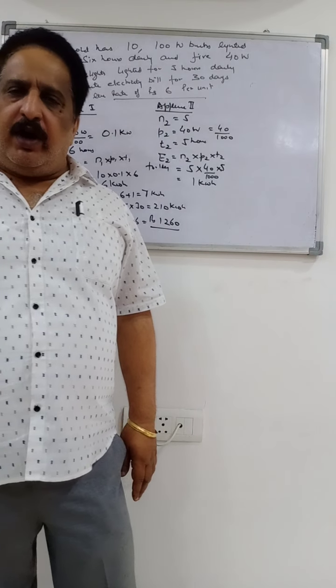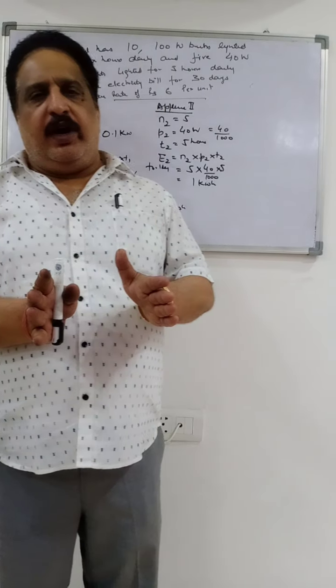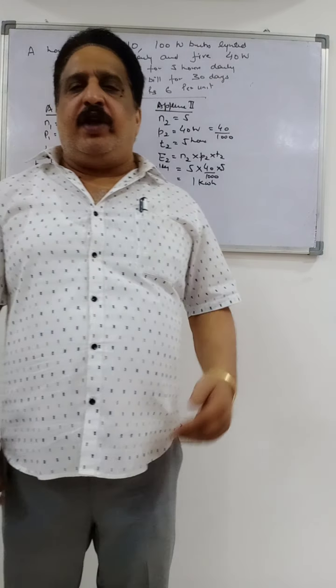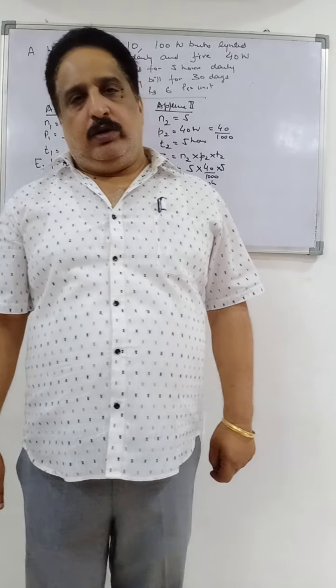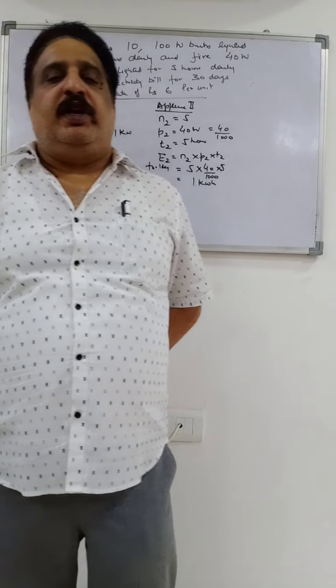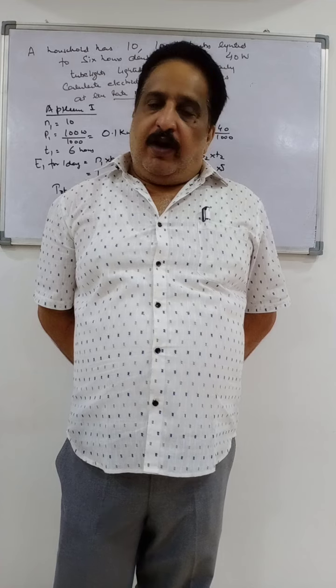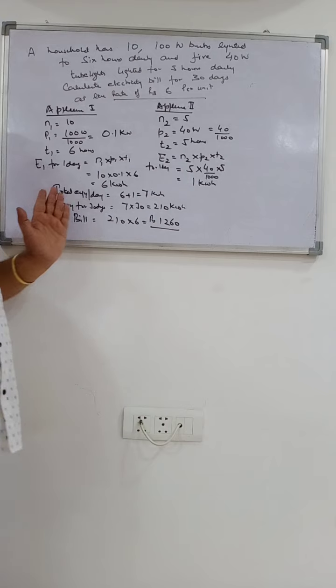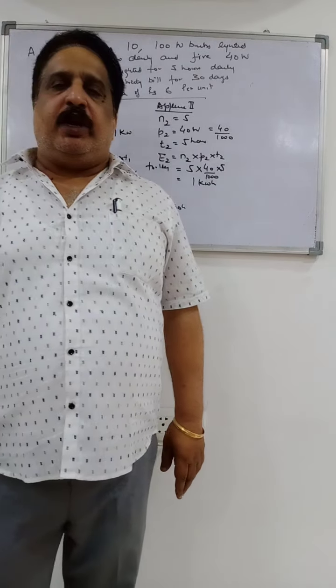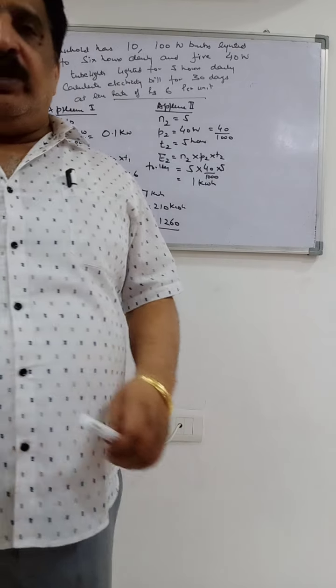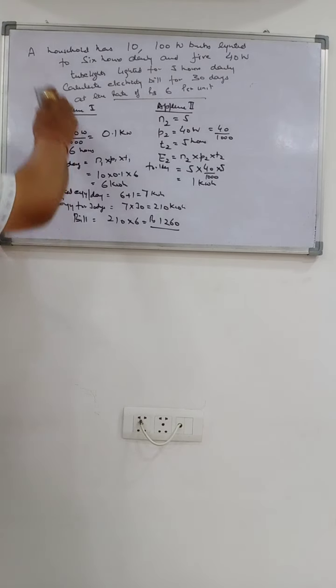Do one thing: calculate the total energy of each appliance for 1 day, then add these energies for 1 day, and then multiply it by the number of days, and you get the total energy for the stipulated time. Then multiply it with the cost or the rate to get the cost of electricity consumed in 1 month or the stipulated time. Is that clear? It's as simple as anything. Just try to do the equation again. Very simple. But one thing you have to keep in mind, power has to be converted into kilowatts.